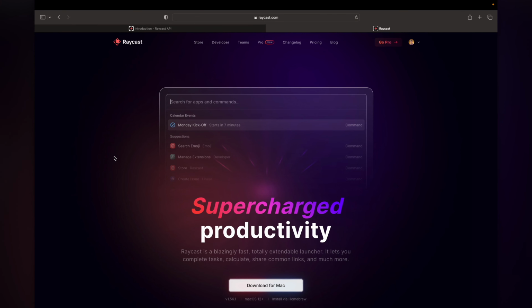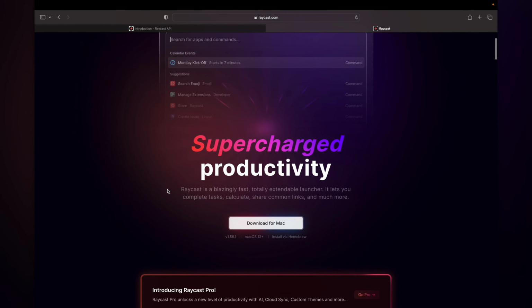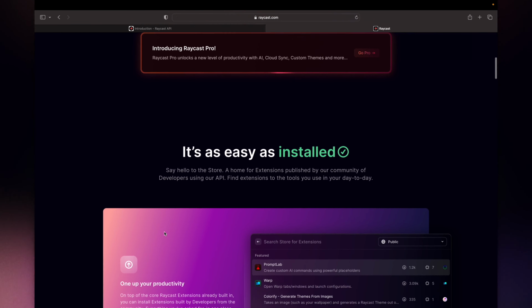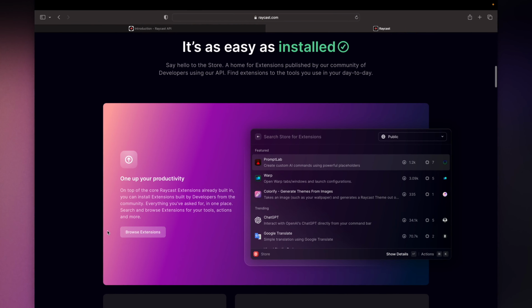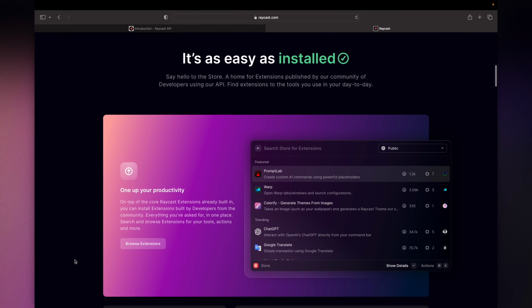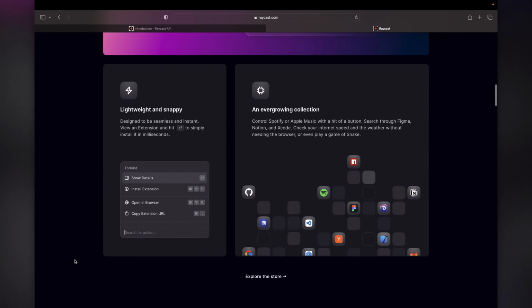All right. So, by way of introduction of what Raycast is, it's kind of a Spotlight replacement, in a sense. Like it says, Raycast is a blazing fast, totally extensible launcher. It lets you complete tasks, calculate, share common links, and much more. So I'll let you look at this website if you're not familiar with Raycast, but we've been looking at it